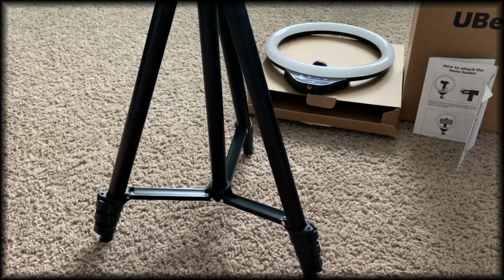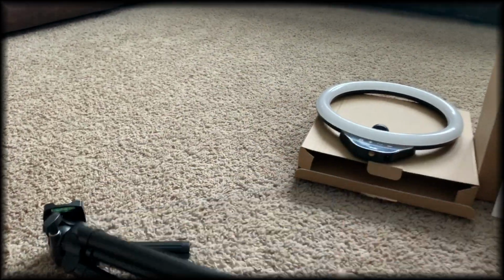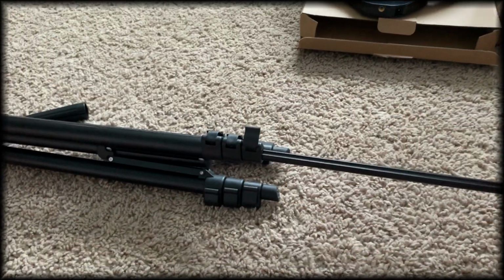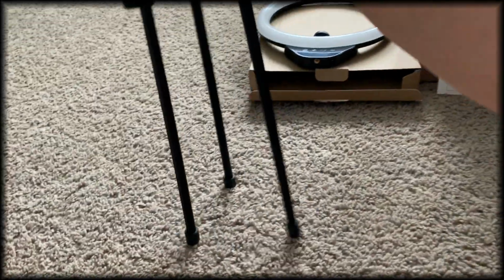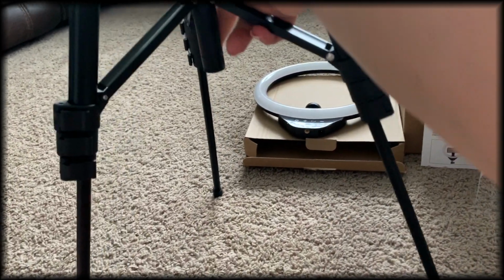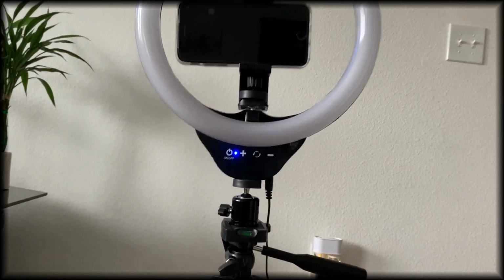Again, that's the tripod in its smallest form. I think it's 16 inches. Let me show you something. I want to show you how fast and easy it is to extend these legs. So you guys, this is the tripod assembled. This 2020 new design